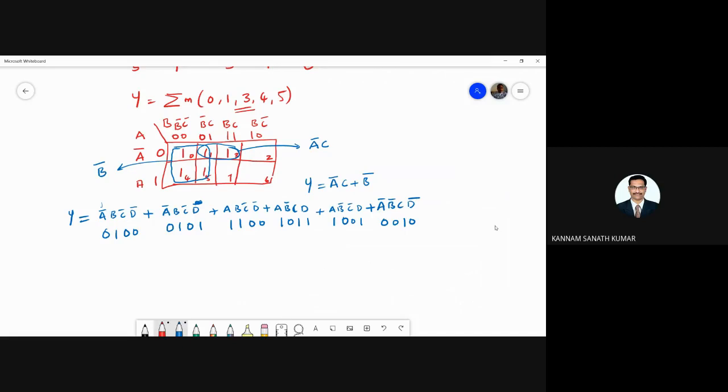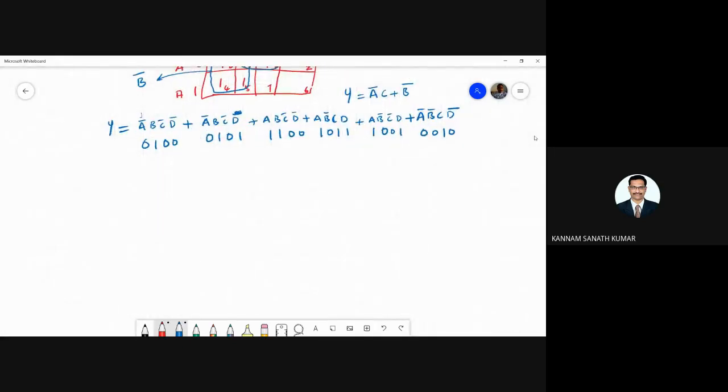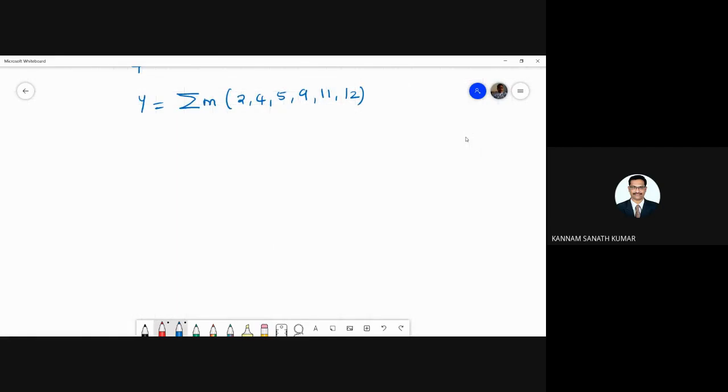If you convert the binary into decimal, you get 4, 5, 12, 11, 9 and 2. So here Y equal to summation of 2, 4, 5, 9, 11 and 12. This sum of terms you got, and next you should draw the K map.